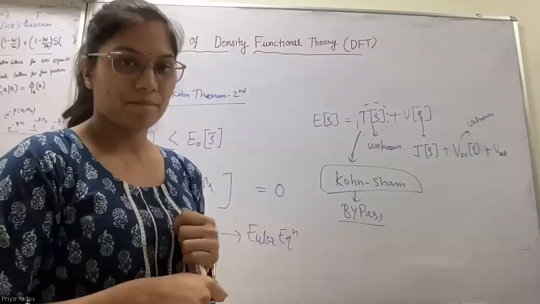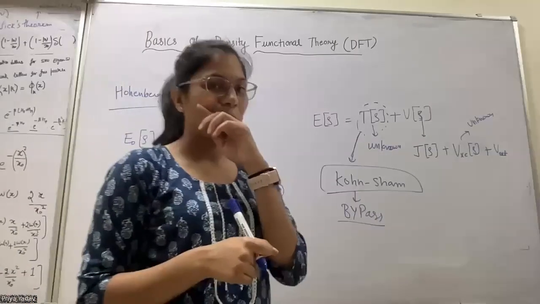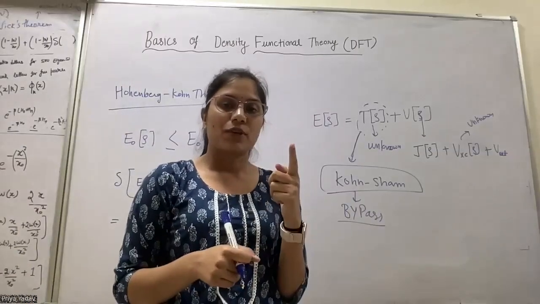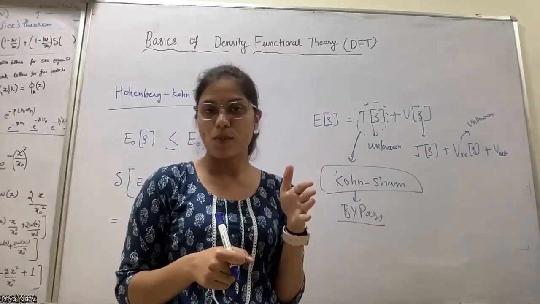But to get rho, you have to use some kind of orbital, like the lowest level orbital. So if I can write my total energy as a functional of rho,